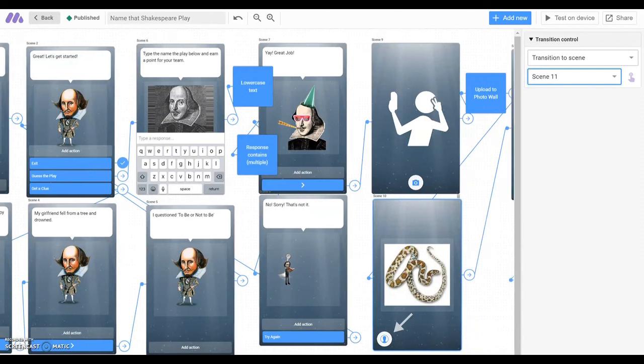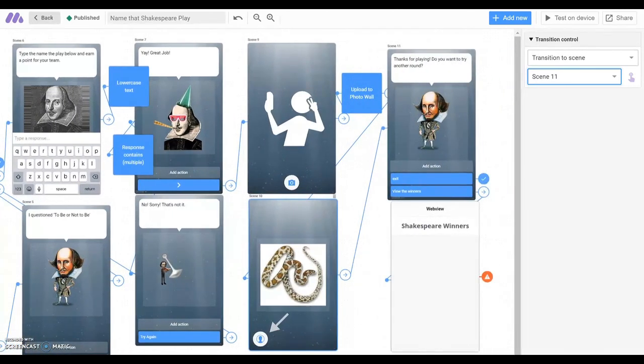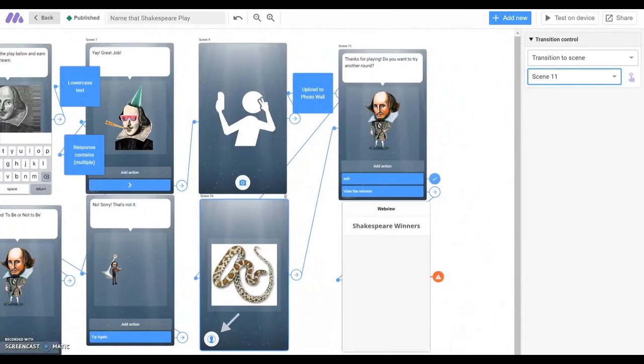Another thing to consider is once you've created these experiences, these are always saved to your account. So this is not something that you're going to have to do again and again. You can plan for one class and continue to use it again in the next class or in the next year, making small tweaks, of course, as you go along. But this is something that once you build an experience, you are able to then keep that experience.